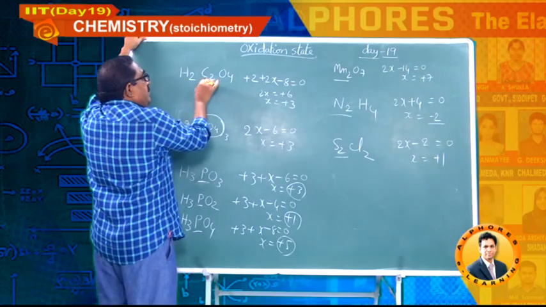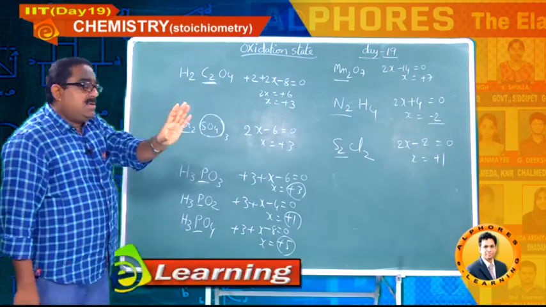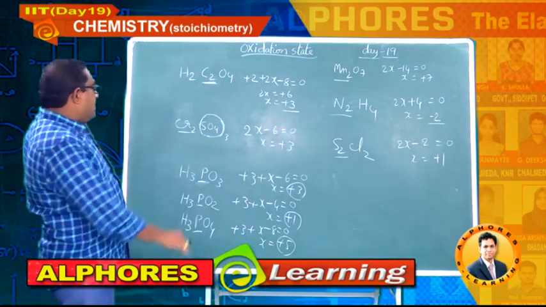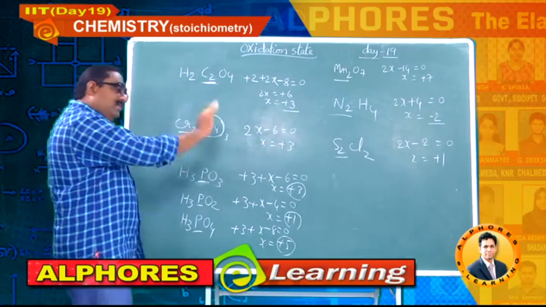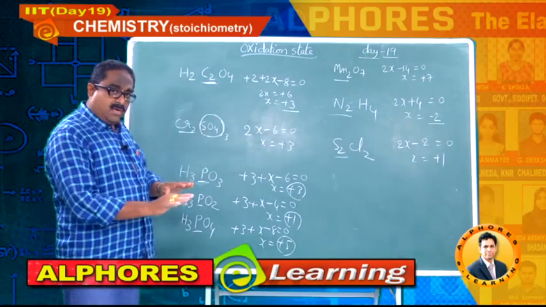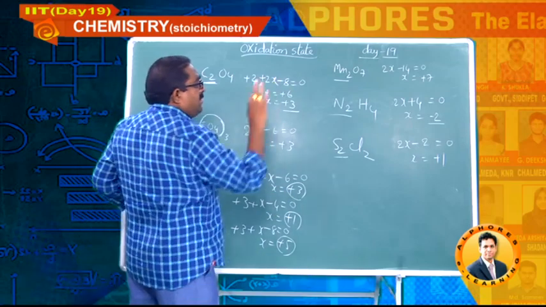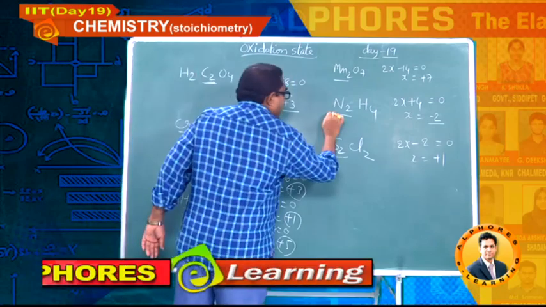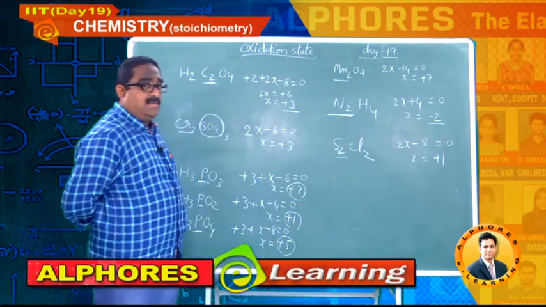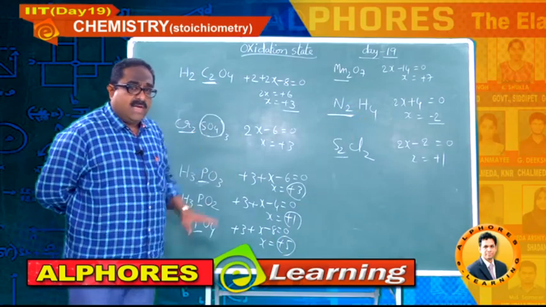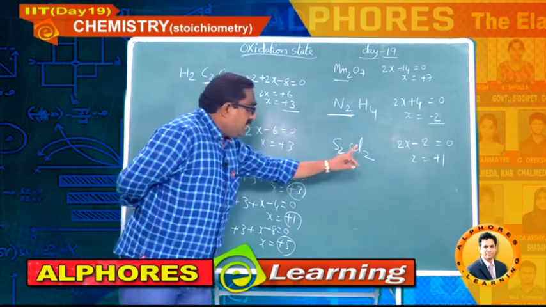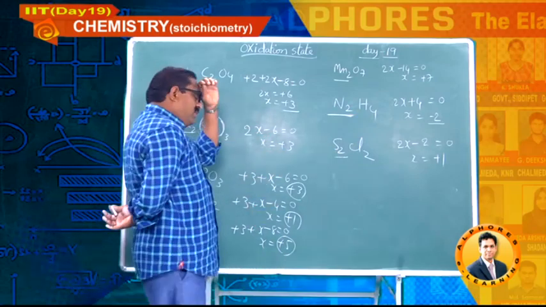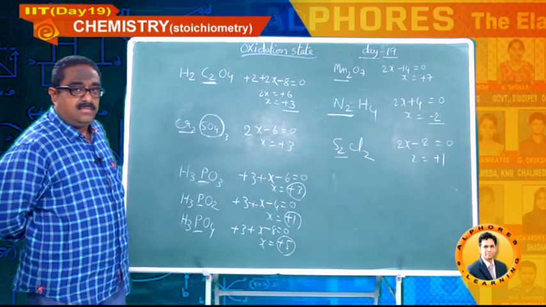Oxalic acid contains 2 carbons, no doubt. For both the carbons, the oxidation state is plus 3. For chromium also, both the chromiums are plus 3, undoubtedly. For manganese also, both the manganese are plus 7, no doubt. For hydrazine, for both the nitrogens, it is minus 2 only. For both the sulfurs, it is plus 1, because for one element X has plus 1, so for both the sulfurs also individually plus 1.